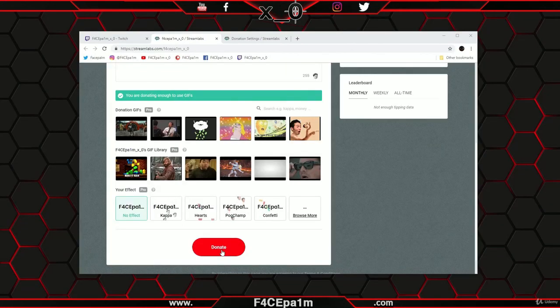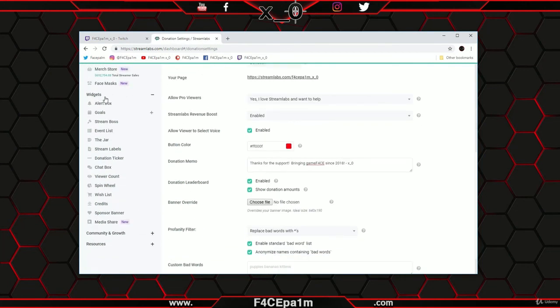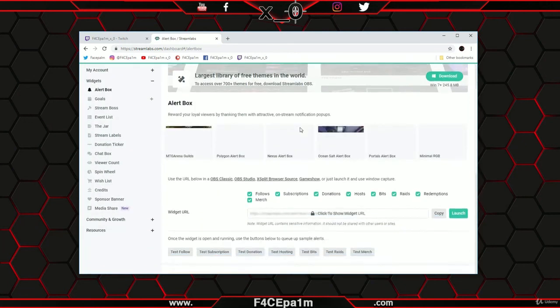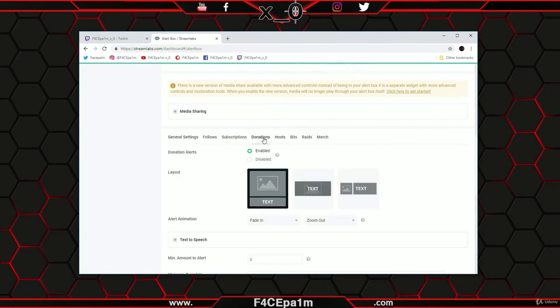Now that the donation method is all set up, how do you customize and get that alert to pop up in your Twitch stream when someone makes a donation? Well, go back to the Streamlabs webpage, and in this widget section on the left-hand side, click on the alert box menu. Scroll down a little and click on this donations tab and set how you want your donation alert